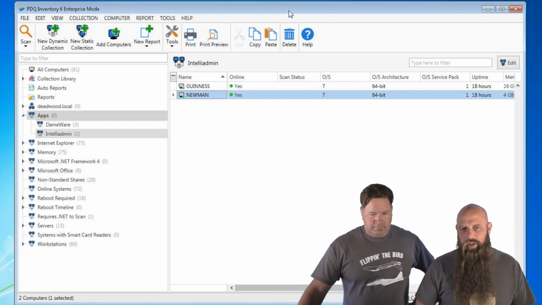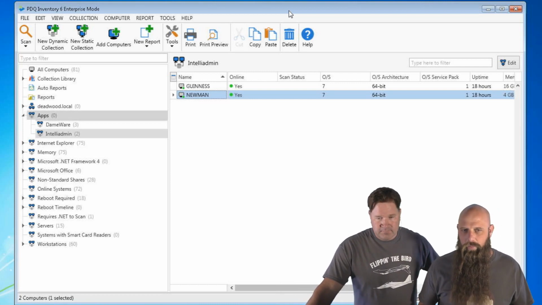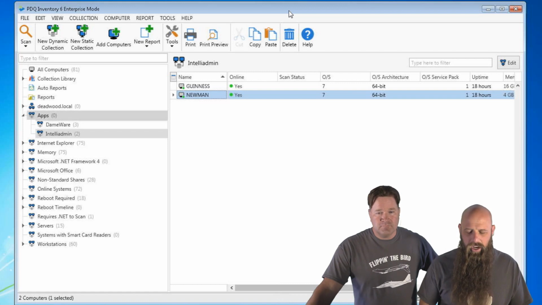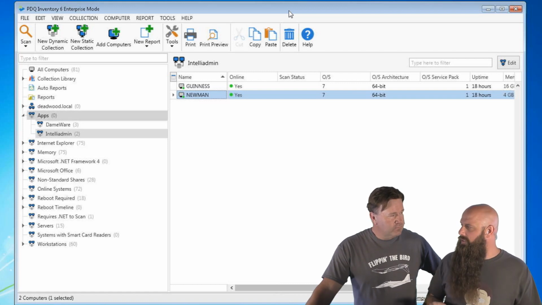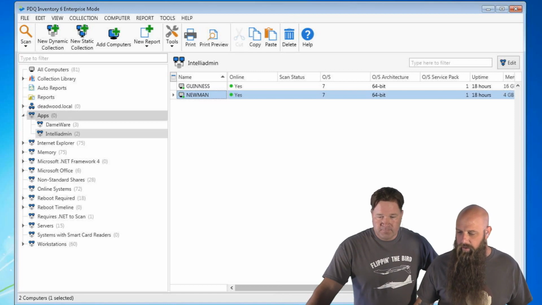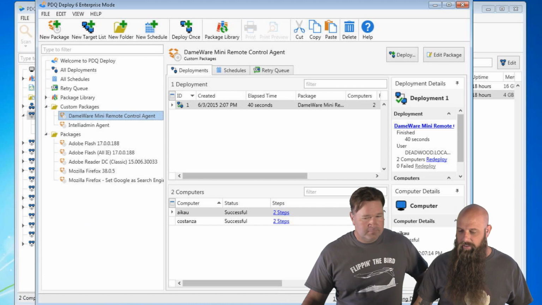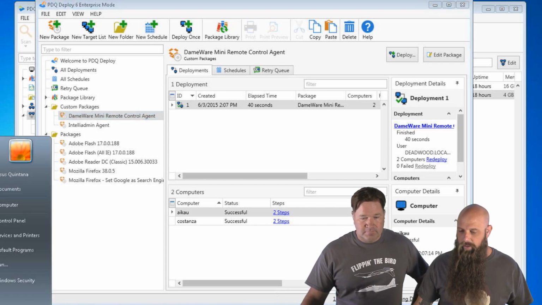If you are going to be doing your remote control, if you have other remote control tools, like we mentioned, DameWare or IntelliAdmin, I highly recommend deploying those agents using PDQ Deploy. I'd mentioned that earlier. If you have DameWare, actually, DameWare is great because you can come into